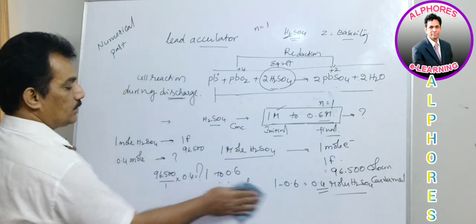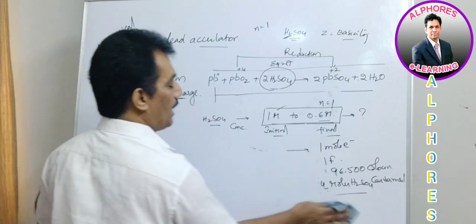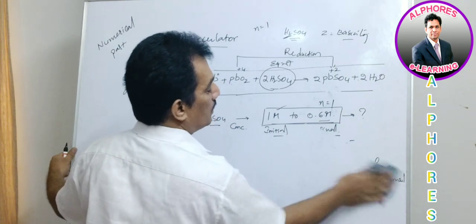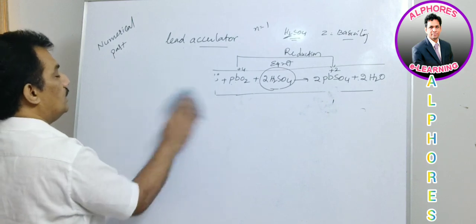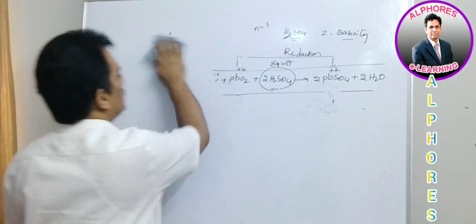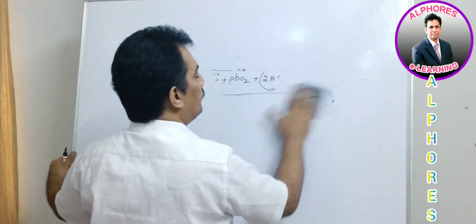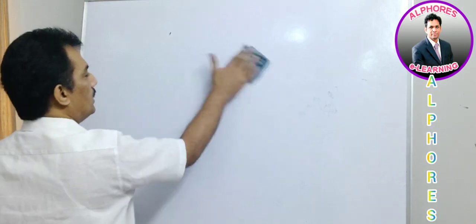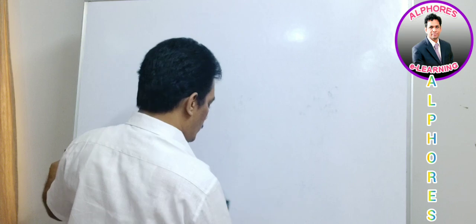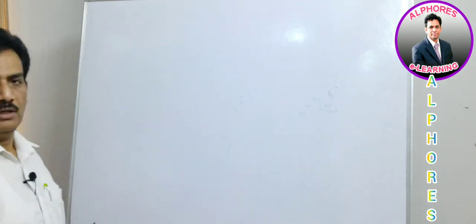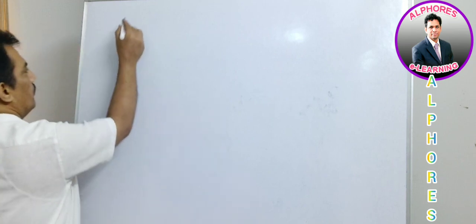And now the next part of the lesson is nothing but the fuel cell. Actually, a fuel cell is a primary cell. Primary cells are nothing but those which are non-reversible. That means it is not possible to recharge them. Non-rechargeable cells are known as primary cells, and the fuel cell is one of the best examples of a primary cell, because in fuel cells, once the chemicals are used for the generation of electricity, it is not possible to regenerate the chemicals. Clear?